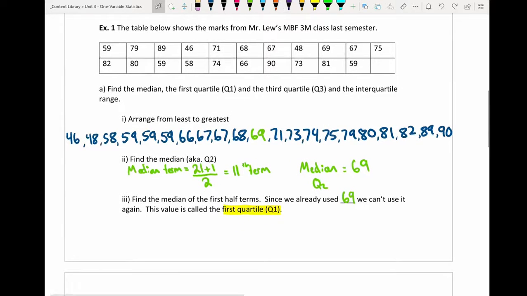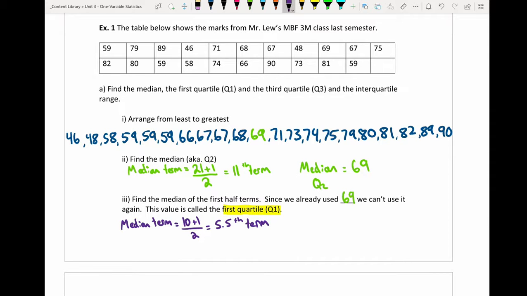And if I'm going to go through, again, I can count to the middle. What I could also do is use my median term formula that I've just done. So I know there are 10 numbers: 1, 2, 3, 4, 5, 6, 7, 8, 9, 10. So 10 plus 1 divided by 2 is 5.5. So that means the 5.5 term